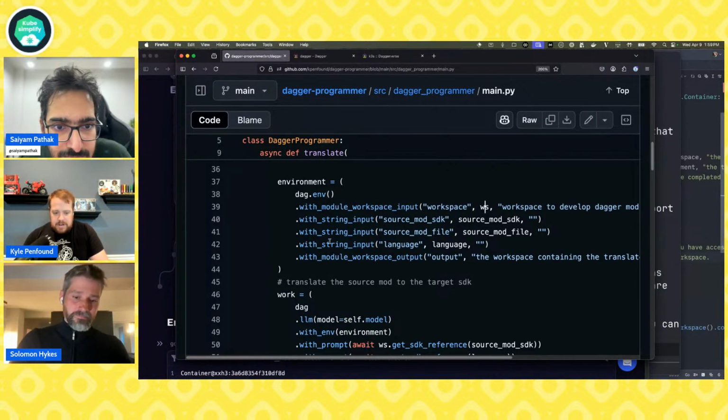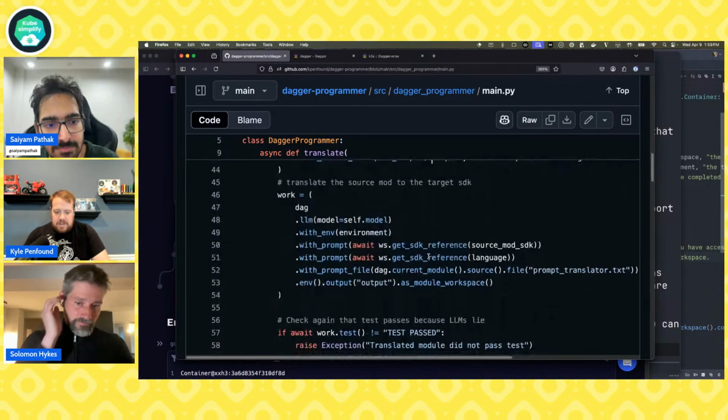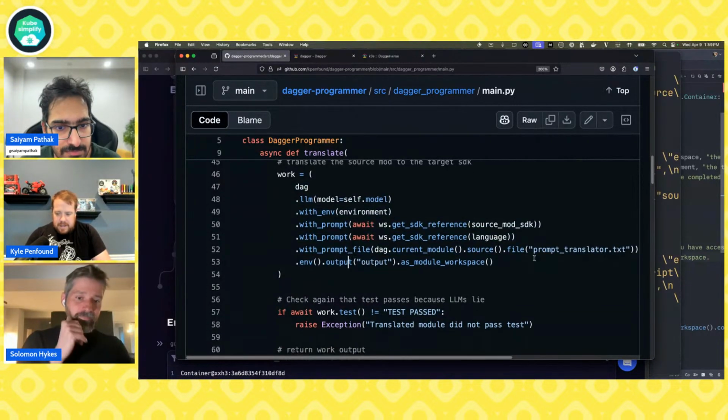Here's some information as strings, like the SDK, the module file itself, the language it's in, and you're going to give me back the module workspace. So really, this is the same shape of the agent we wrote, but it's doing a slightly different task. And then we give that all to the LLM, and it does this thing.